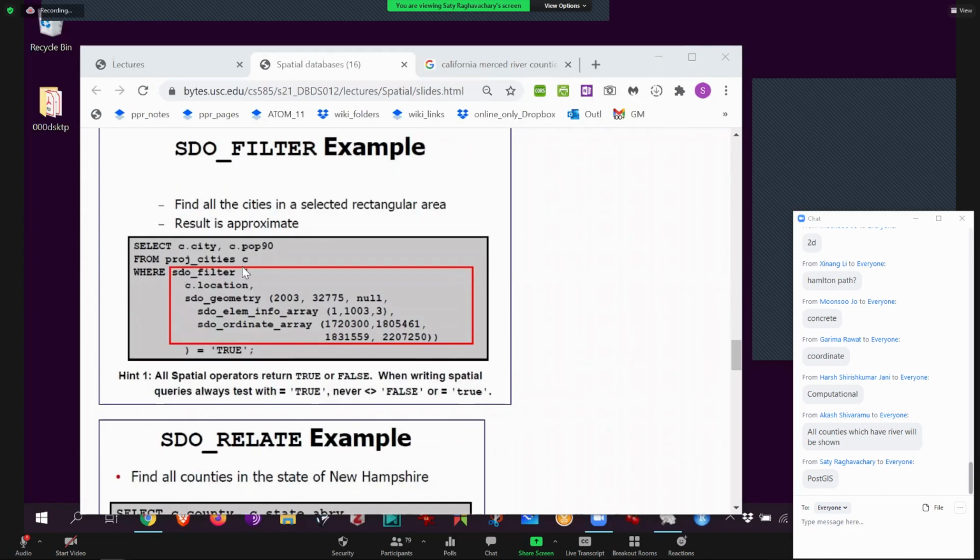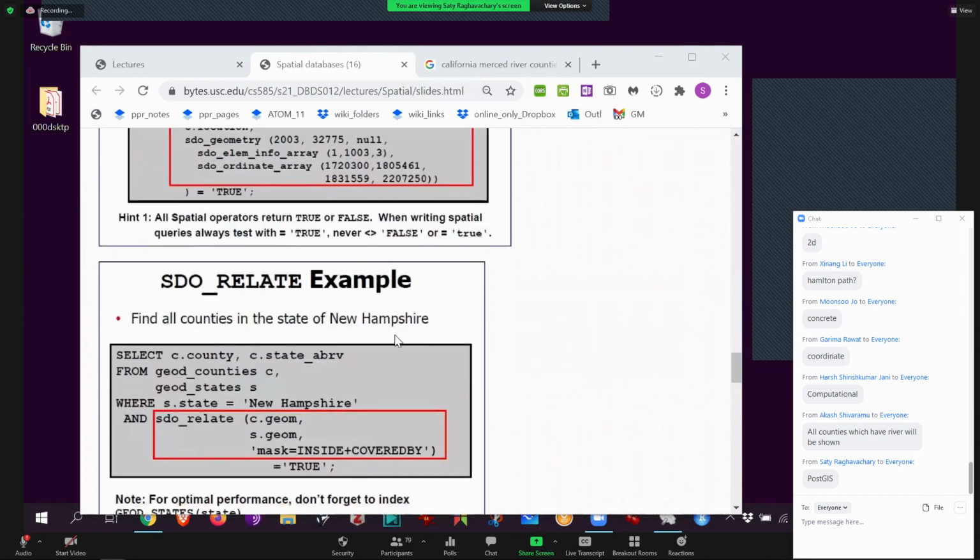Select city names and populations from cities, where the filter is the location coming in. So I would give it some kind of geometry, and then tell me all the locations that are within the geometry, okay? That's a filter operation. They call everything a filter operation. And then finally set it equal to true, and so only those cities. You go to the geospatial coordinate, but then you'll get the city name. So all the cities that match a certain query that you're trying to do.